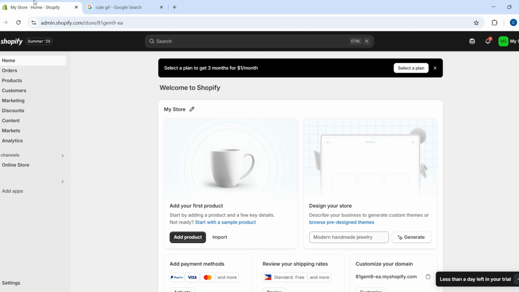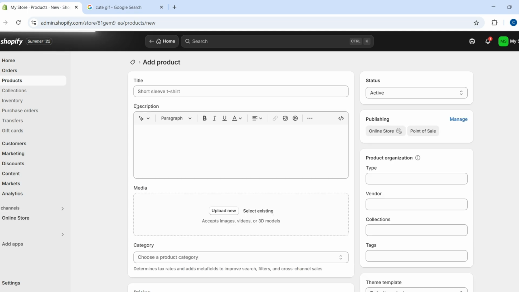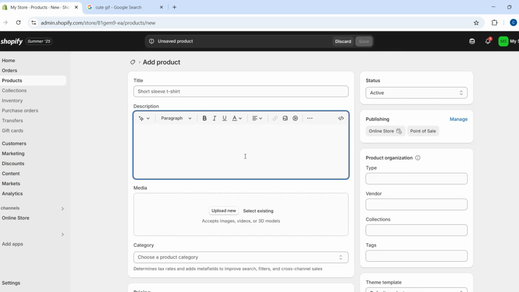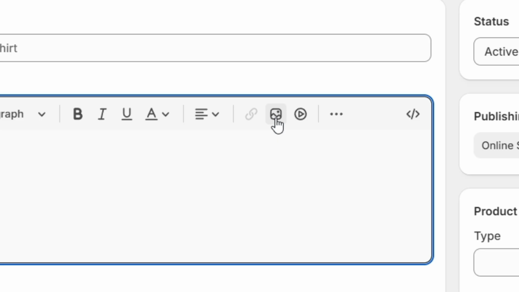Then just head over to Shopify again. From here, we can easily see the add product button. Just click on this. From here, we can see the description section, and all you have to do is click on this insert image icon